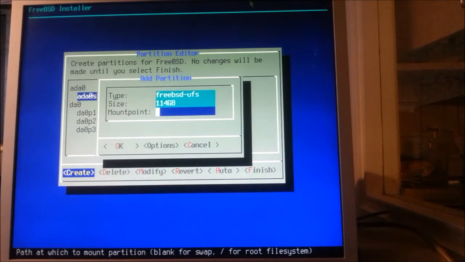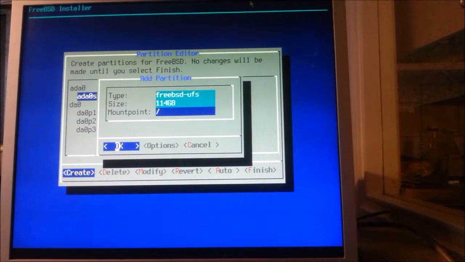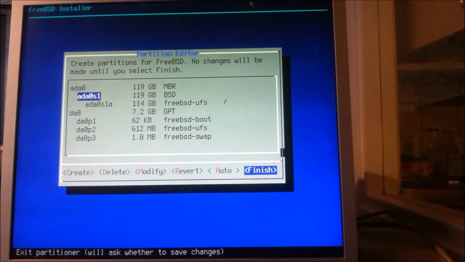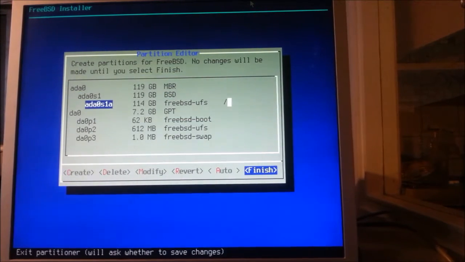Okay. And now the mount point we will be using is forward slash. That means it's a root partition. This is important. If we don't put forward slash here, the installer won't be able to determine where it should put all the system files. So we put here mount point forward slash and then use the tab key to go to OK and press enter. Okay, now we have a 414 GB FreeBSD UFS partition on the